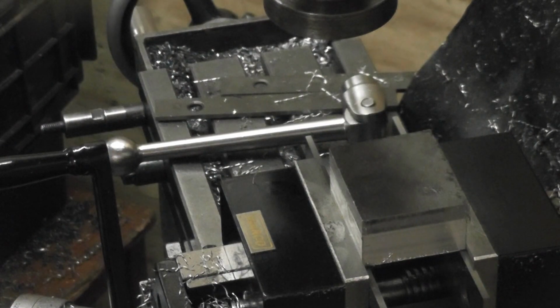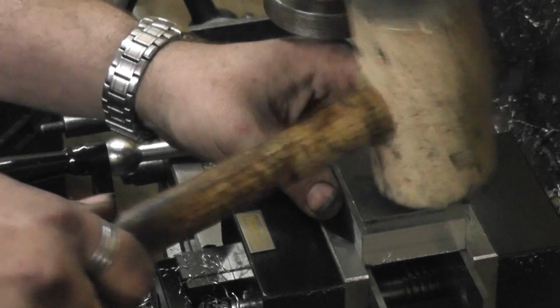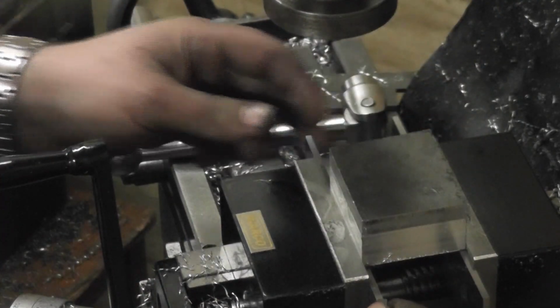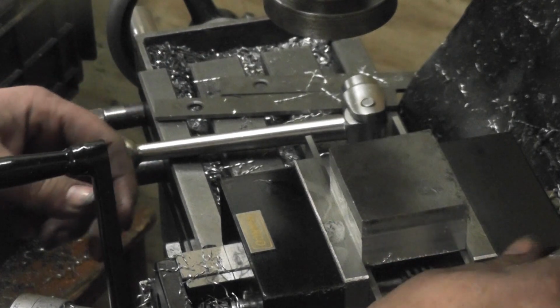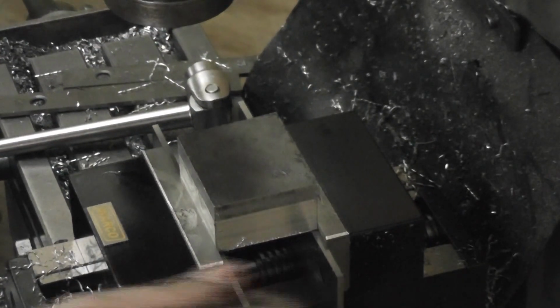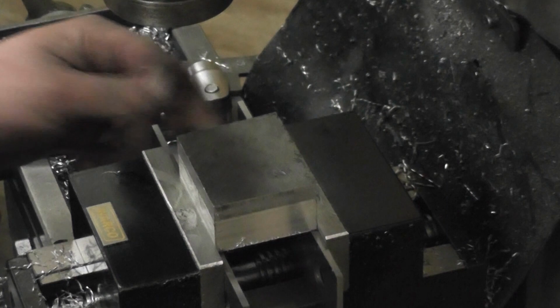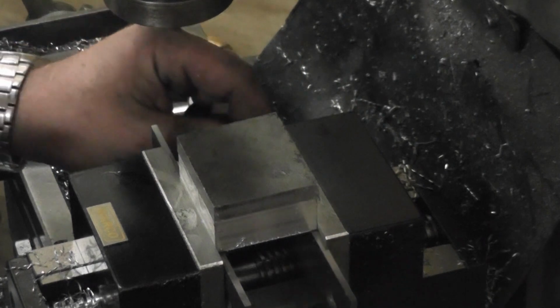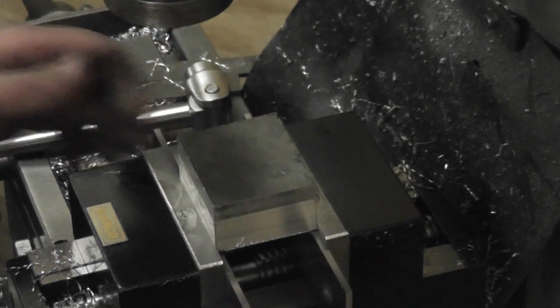Right, now it's the jaw lift. See, there's no movement there. In fact, you're not even in view. There's no movement there. Tighten it down a little bit, then move. These jaws...